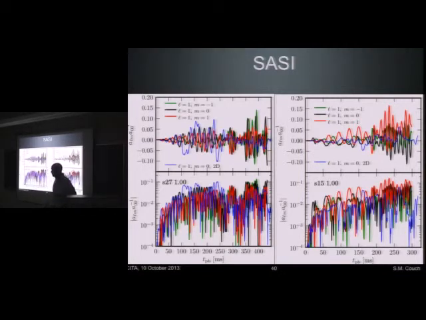Before you go into that, my recollection is that if you think about the simplest constant gamma equations, the SASI appears as gamma is approaching 4/3 at the bottom. So the steeper the density profile, the more likely you get the SASI. That is consistent with the fact that as the shock recedes, the density profile gets steeper. I think so. Shock recession is more favorable to the development of the standing accretion shock instability. But there is a direct tie with the density profile there?